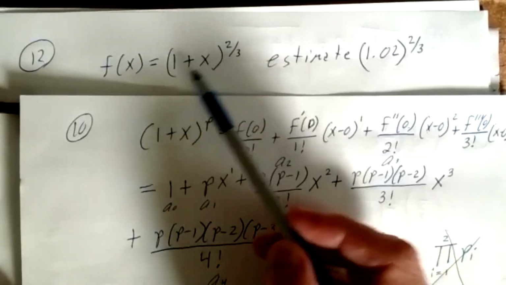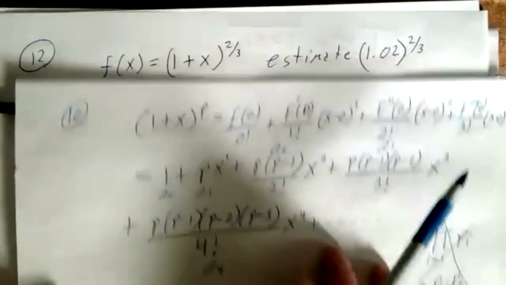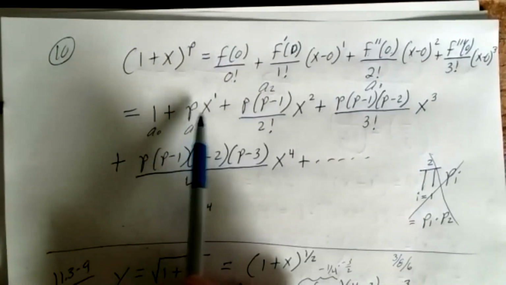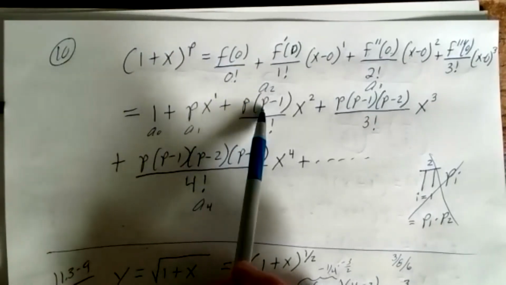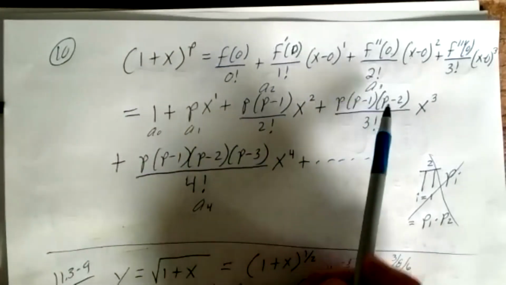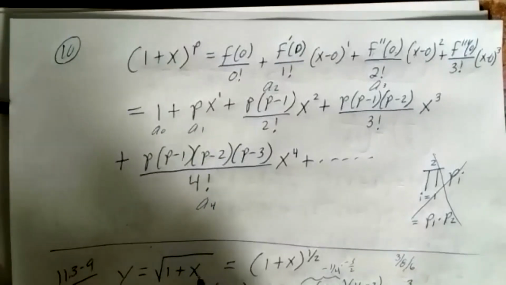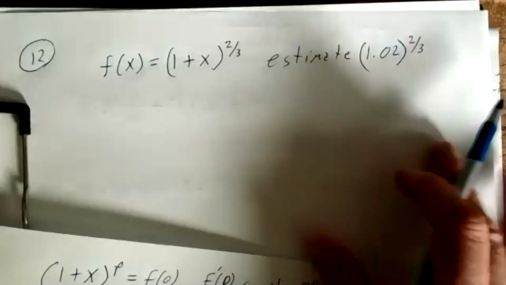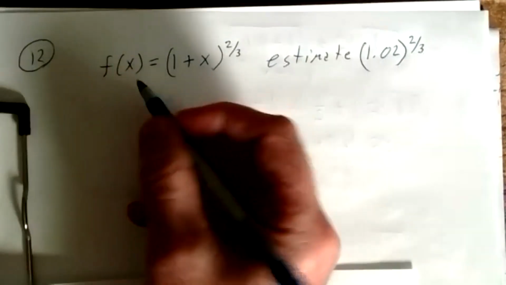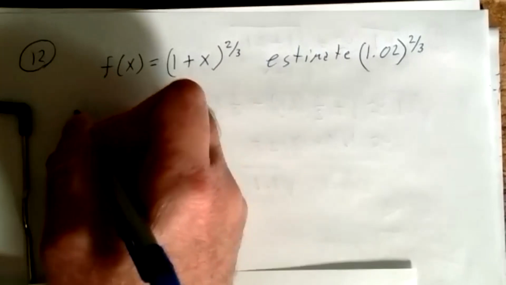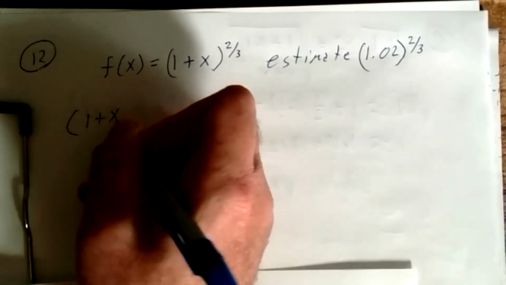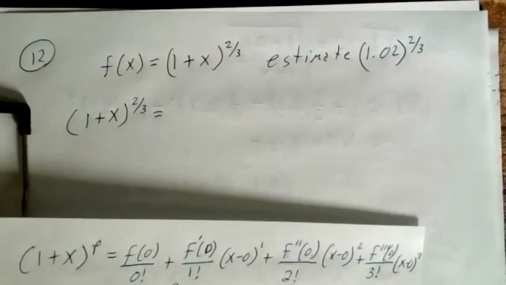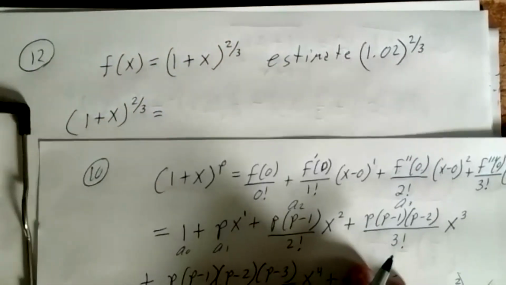So the power series expansion of (1 + x)^(2/3) is going to be 1 plus, replace p with 2/3 here, here, and throughout. Okay, we have to replace p with 2/3 throughout. So therefore, let's write the power series expansion for this. So (1 + x)^(2/3), its power series expansion is going to be, following along with this,